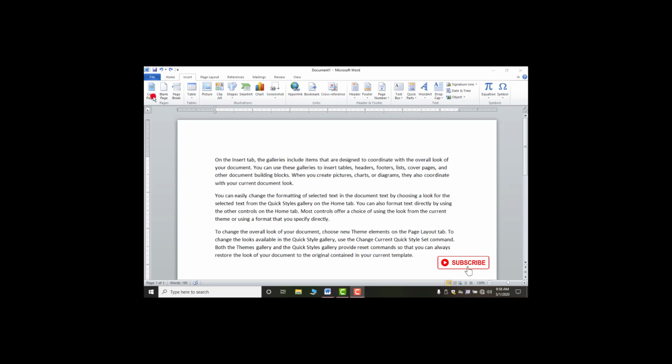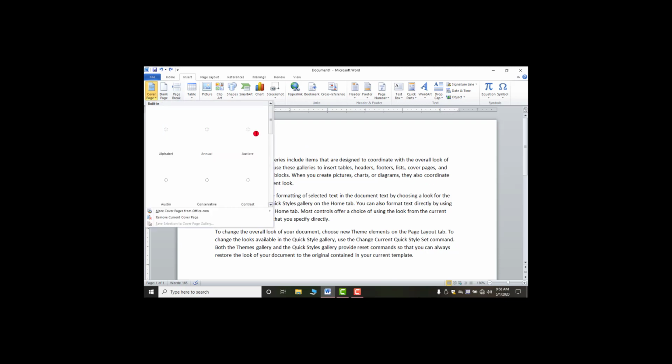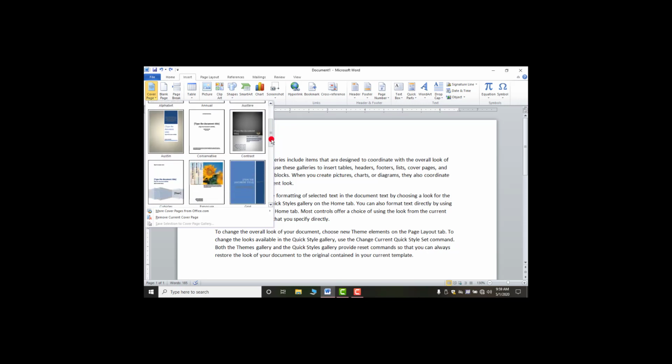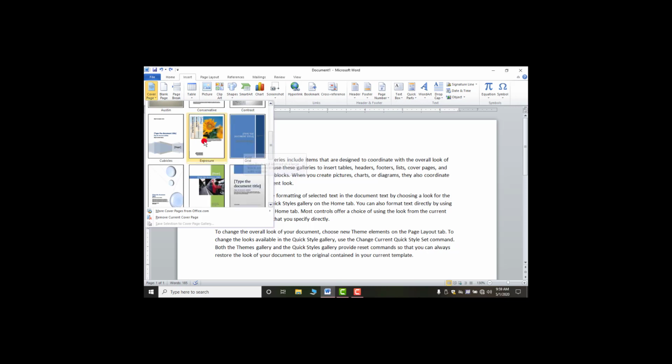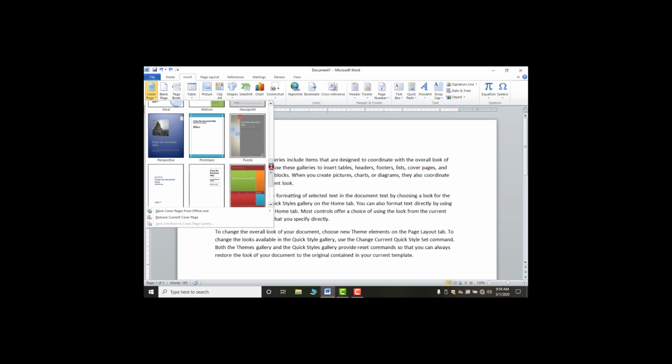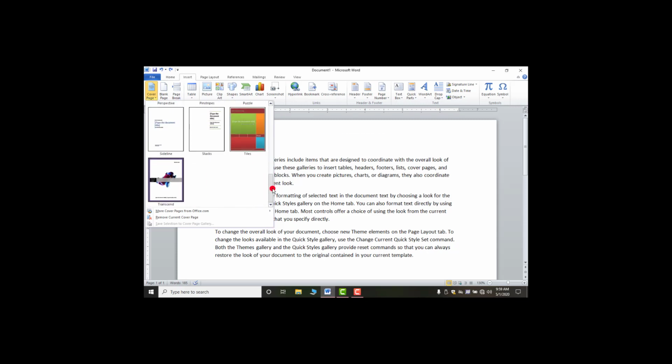First of all, cover page, as the name suggests, it is used to create the first page. As you have seen in your books also, you have one first colored page. That page is called your cover page. So in MS Word we have some colored pages. Suppose you are making any book or any report file or like this, so you can select cover pages from here. Look, we have pre-designed cover pages here, so you can select any one page according to your choice and you can do editing in it.